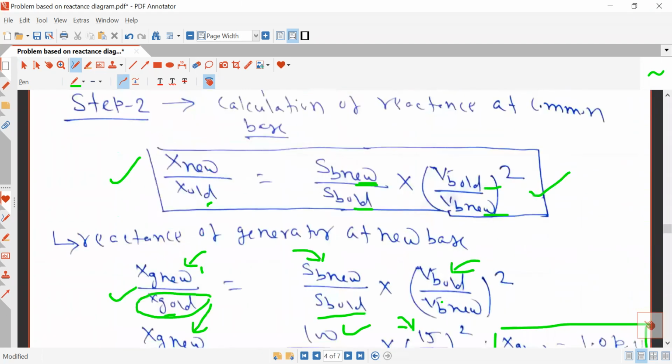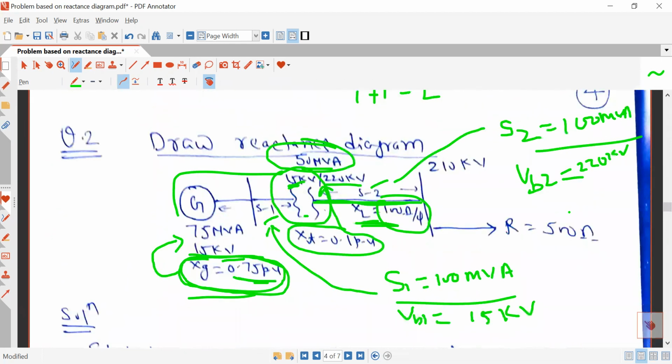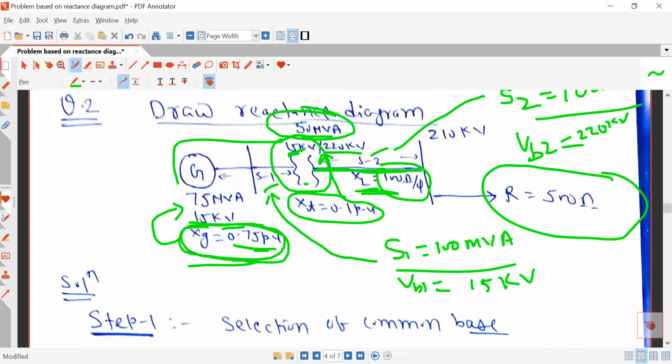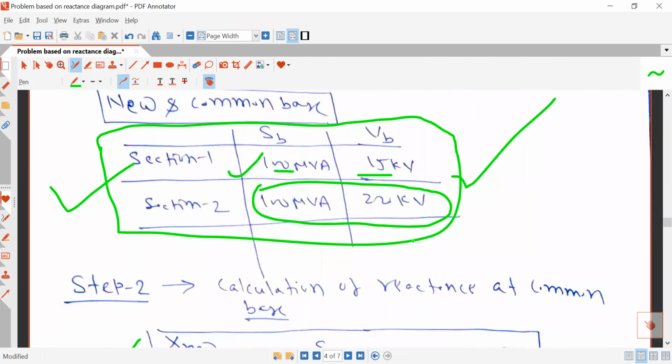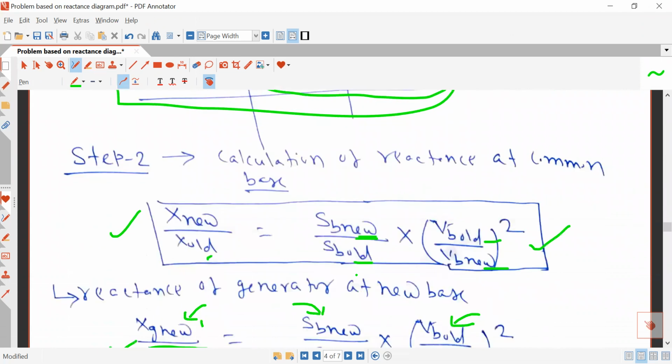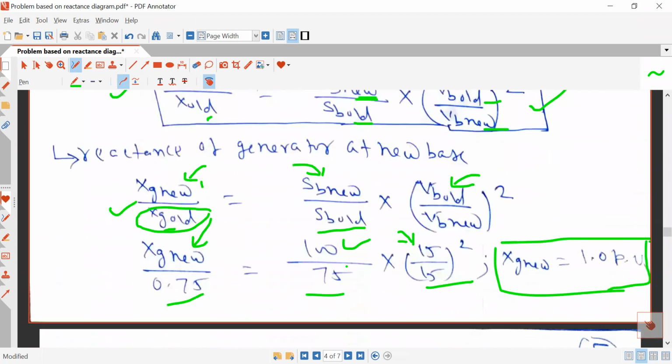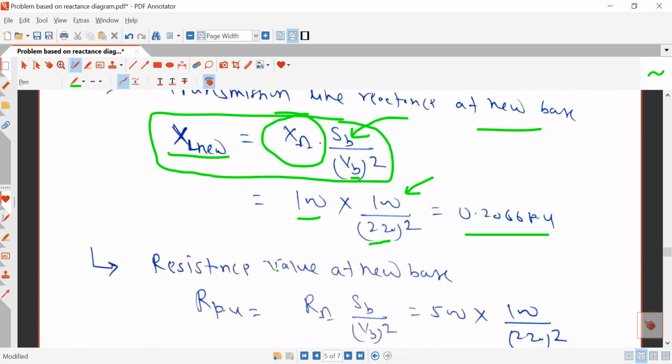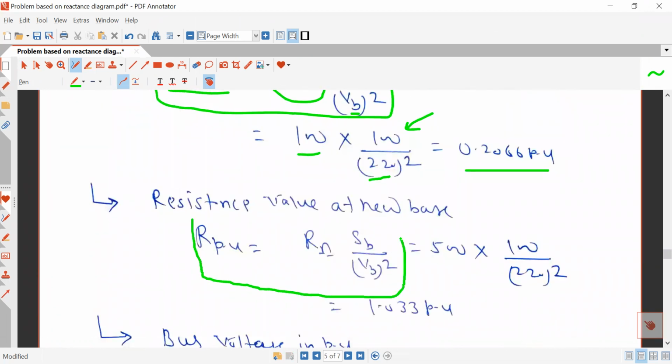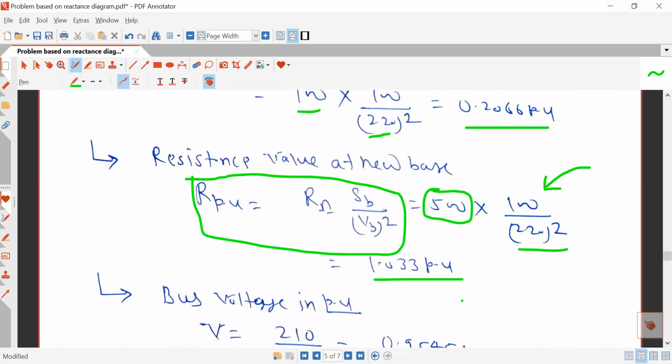Similarly, there is also a resistance in this block diagram, and this resistance is a part of section 2, and the common base for section 2 is this. So in the same way you can calculate the resistance in per unit. This is the formula through which you can convert ohm to per unit. The actual value of the resistance is given as 500 ohm. For section 2, the base MVA is 100 and the base kilovolt is 220. So in this way you can get this. Now